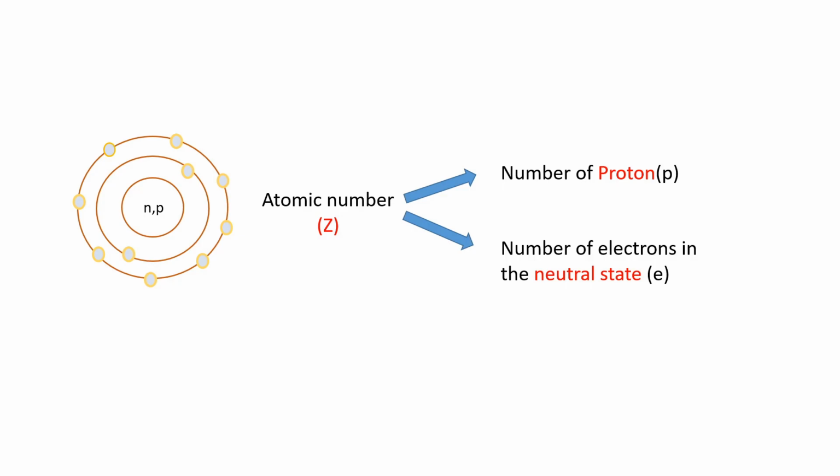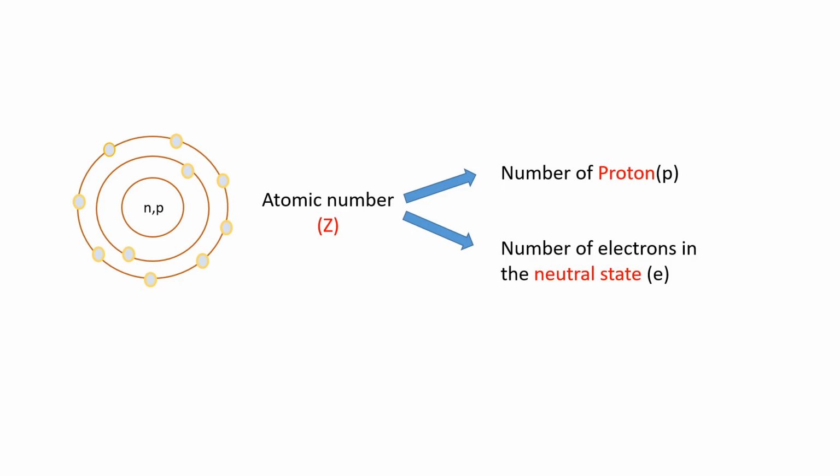For this, as I had said earlier, electrons have the ability to leave or come back to the orbit or orbital. So if an electron leaves the orbit or an extra electron comes into the atom, the atomic number does not change and it remains the same. As I had also mentioned earlier, the number of protons and the number of electrons are equal. So whatever the number of protons or electrons, that is the number of your atom. That is the atomic number.